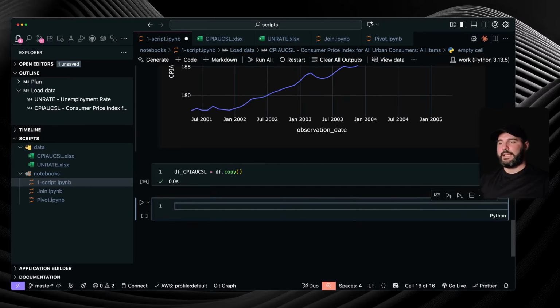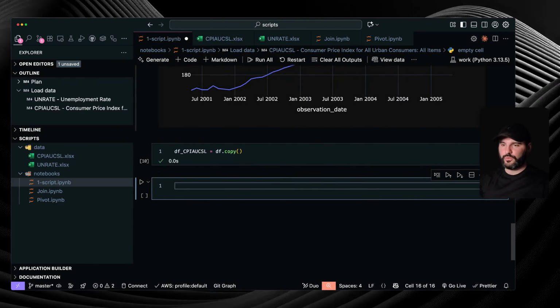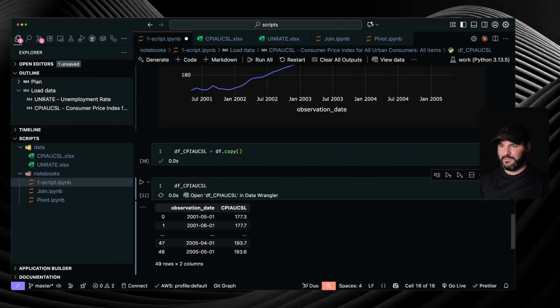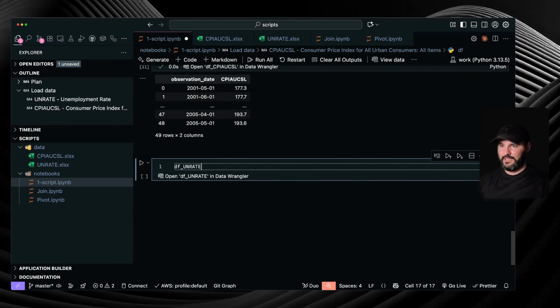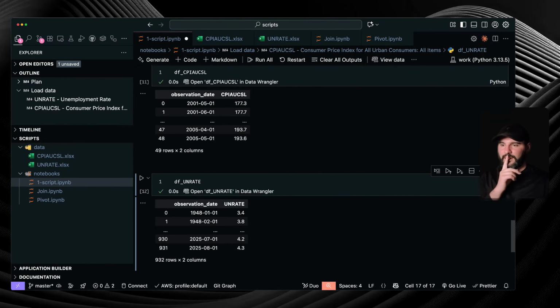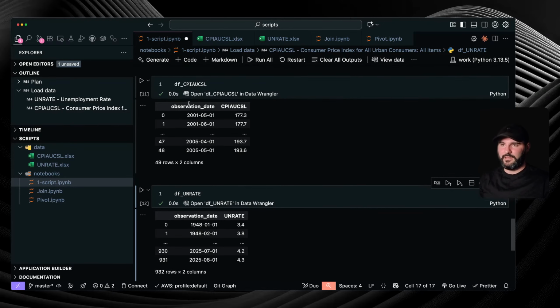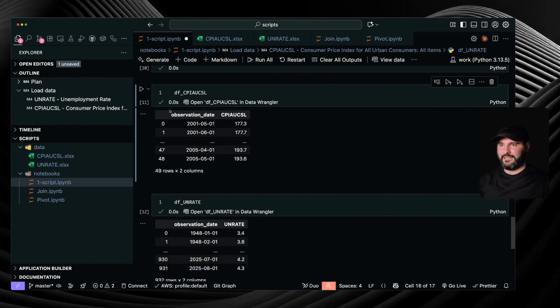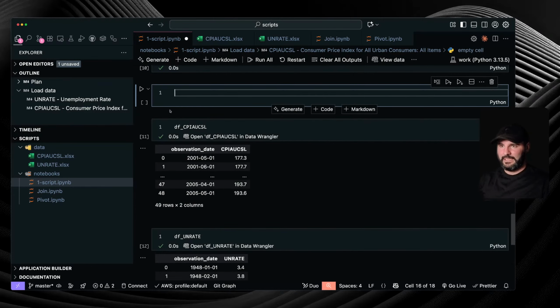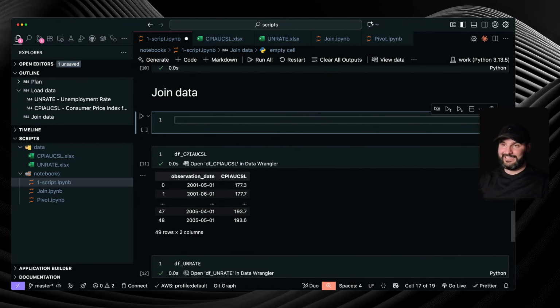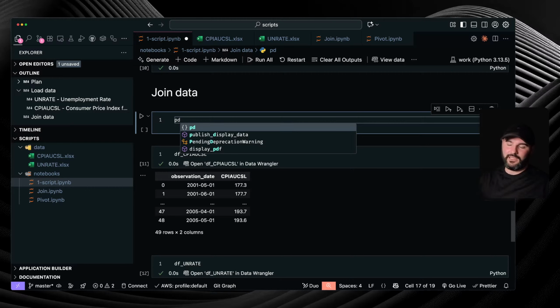All right. Now, how can I join these two tables? I have the CPI on one side, and I have the unemployment rate on another. A cool thing is that these two indicators are registered on a monthly basis. So this is good because there won't be any problems. Later on, we'll work on another practical case that might have that problem. And the function to join the data